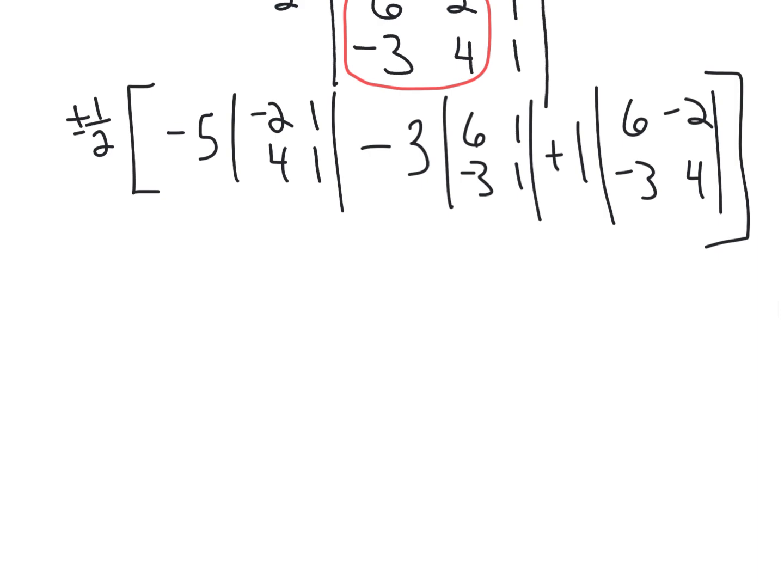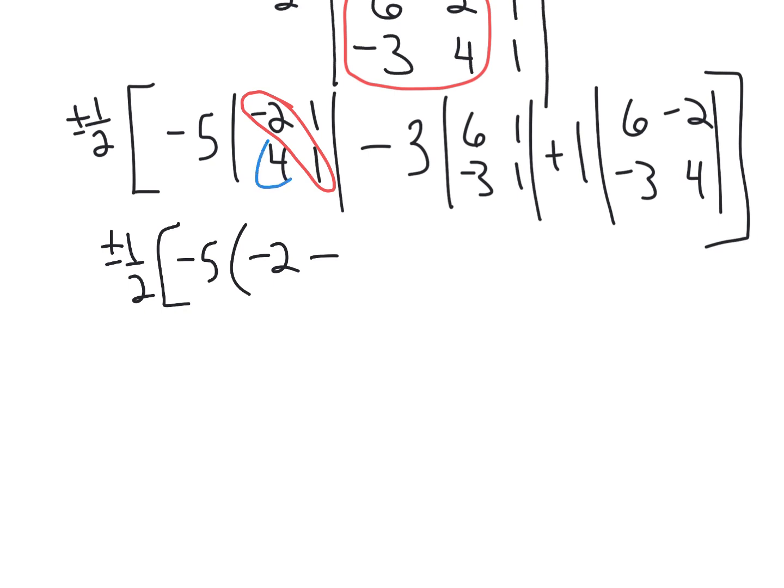So if we do this for this first determinant, so we're going to do -2 times 1, which is -2, and then minus 4 times 1, which is 4, and then we'll do -3 times, we're going to have 6 times 1, which is 6, minus